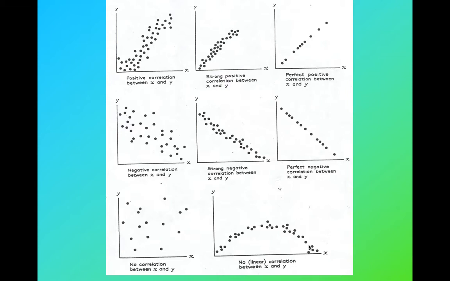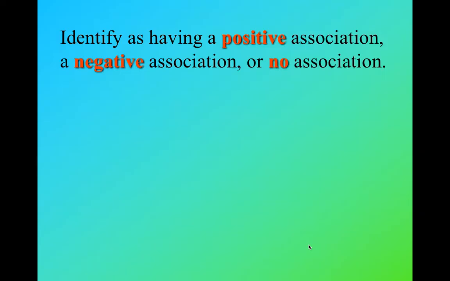Correlation just measures the linearity of the relationship between x and y. Since there is no linear relationship between X and Y, we would say that there is no correlation. All right, so let's take a look at some examples, and you're going to predict whether these two variables would